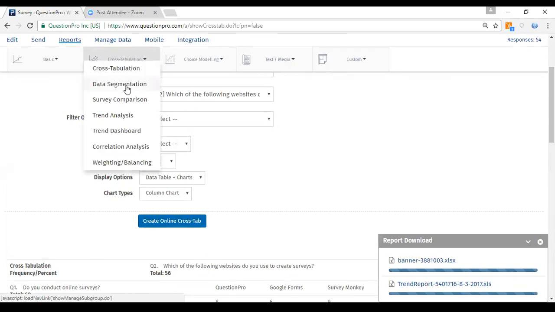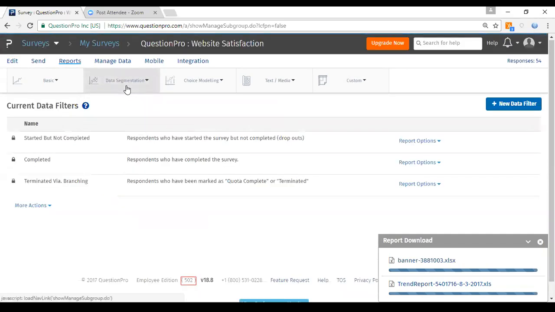The second option we have is data segmentation. Data segmentation is if you want to segment your data, if you want to put a couple of filters and segment your data, you can do that using the data segmentation report. As you can see, by default, you have been provided with three filters. The first one is started but not completed, then completed, and terminated via branching. So if you want to filter your report on the basis of these three filters, you can do that